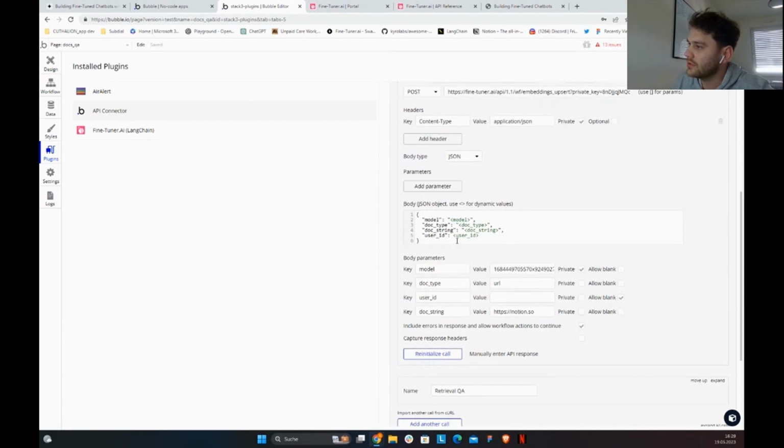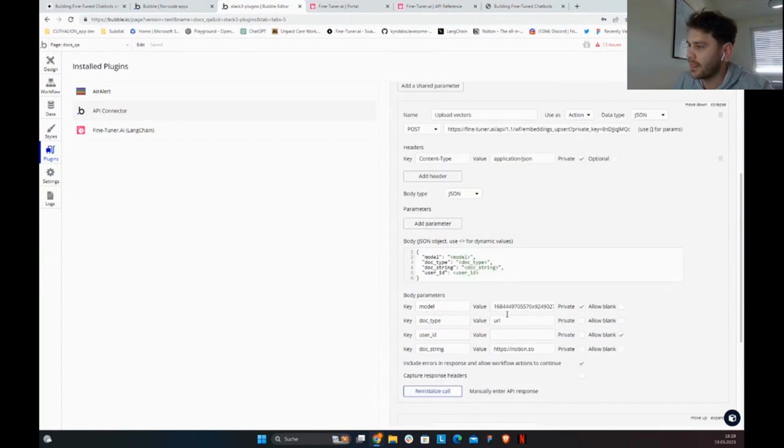And here you can include it. You can make this variable. Very important is to pass the model ID. This is how the endpoint recognizes which chatbot to